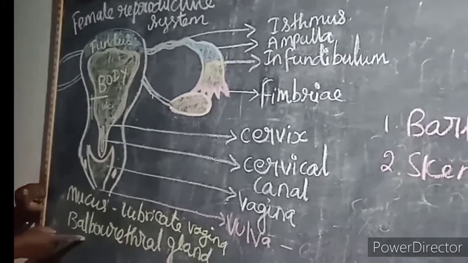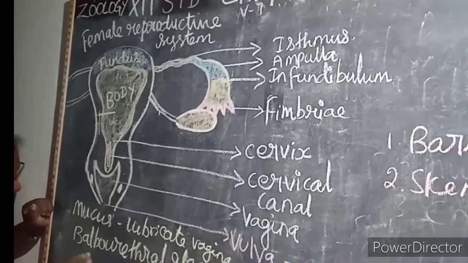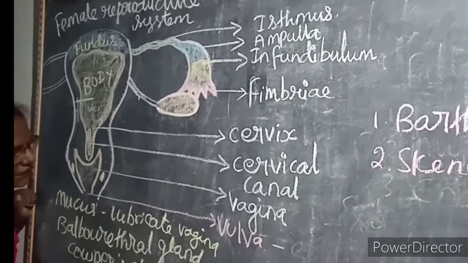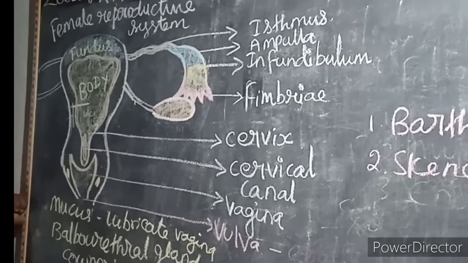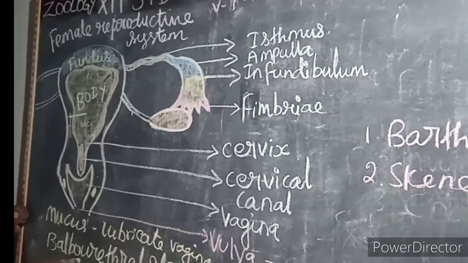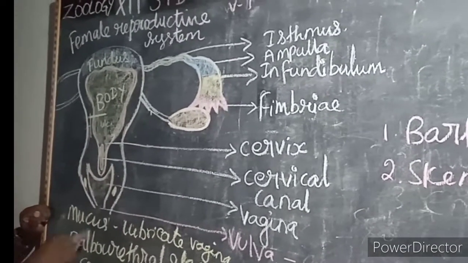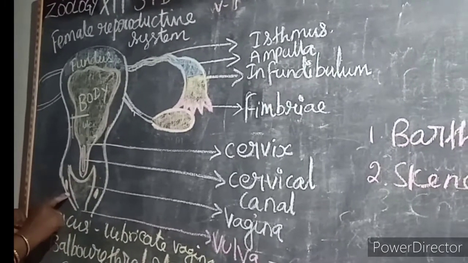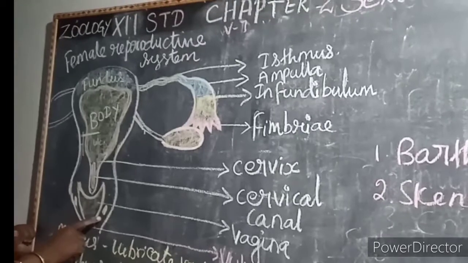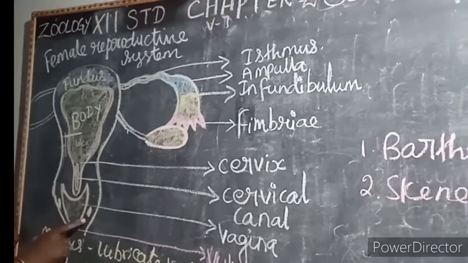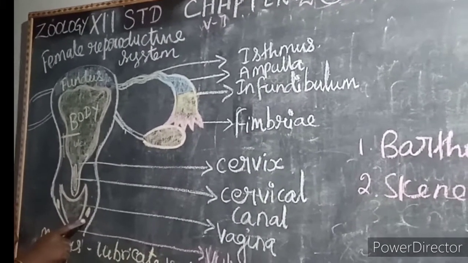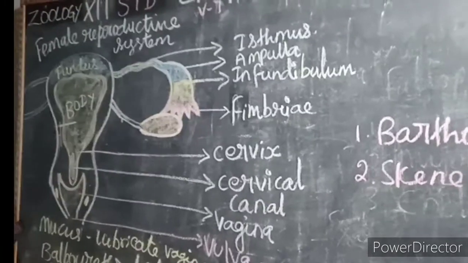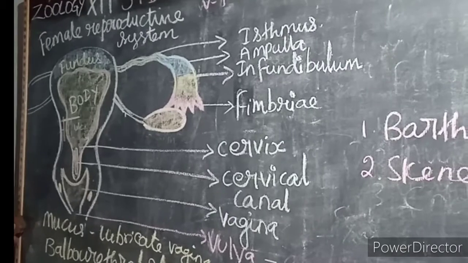So what is the other name for the bulbourethral gland? It is otherwise known as what? Cowper's gland. It's a one mark question. In the female reproductive system, which gland is similar to the bulbourethral gland? Bartholin's gland. So you can see the Bartholin's gland posteriorly on either side of the vagina, it secretes a substance, mucus, to lubricate the vagina. It is similar or homologous to the bulbourethral gland or the Cowper's gland of the male